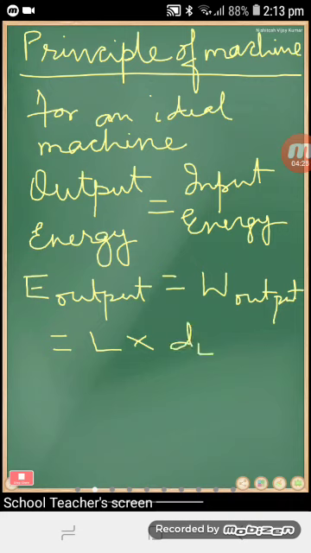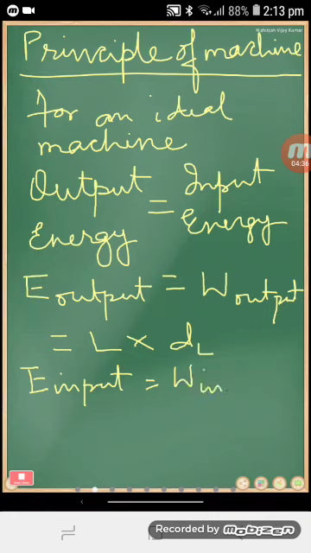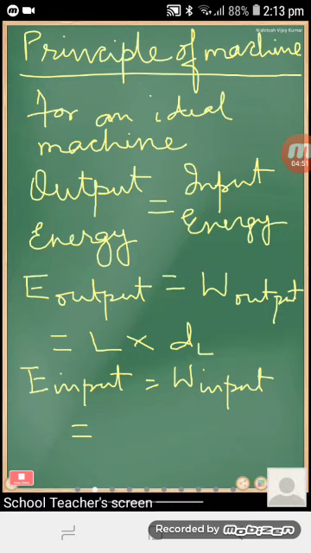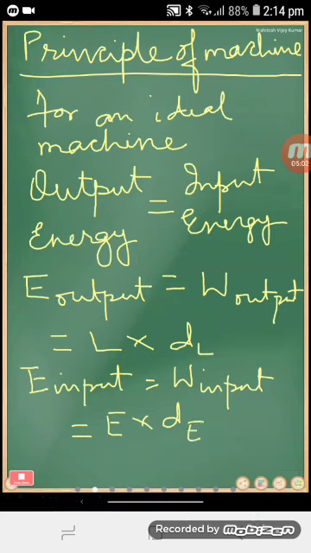Okay. Similarly, energy input should be equal to work input, and work input is equal to the effort which you are doing. Work input is the work done by the effort on the machine. Okay, so work done by the effort on the machine will be your effort into the distance moved by the effort. All right, and